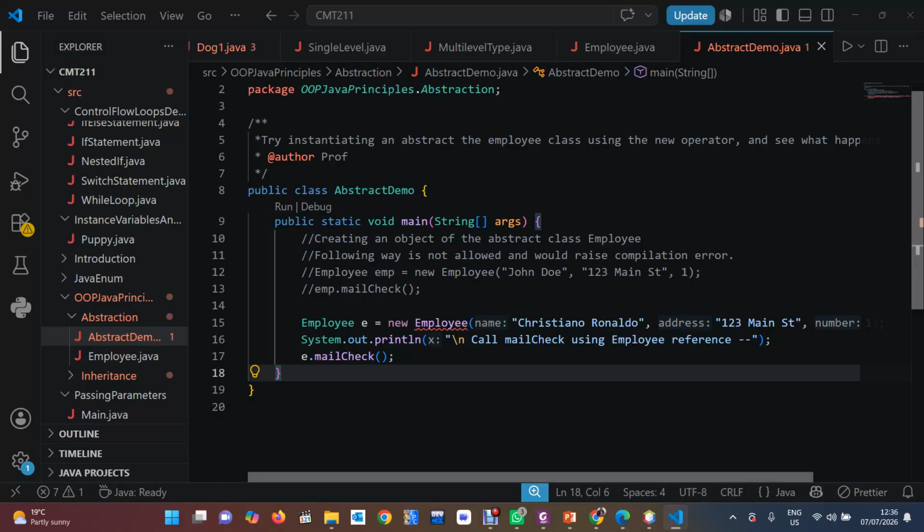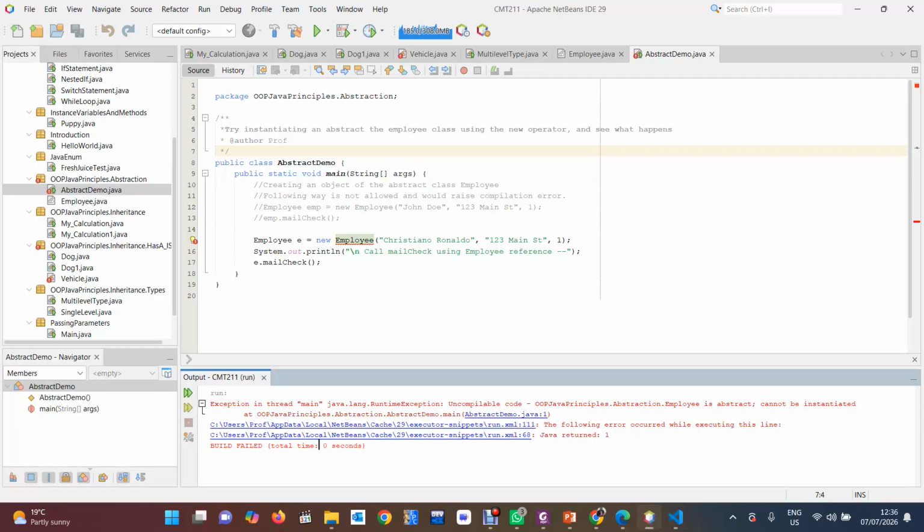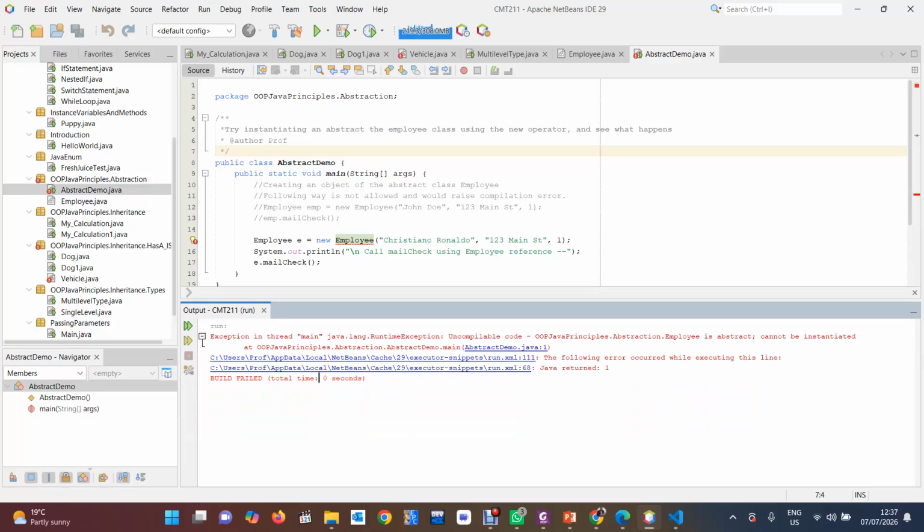So Employee is abstract and it cannot be instantiated. That is the Java error. You see there, abstraction: Employee is abstract and it cannot be instantiated. When you look at that, this error here,